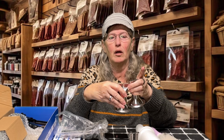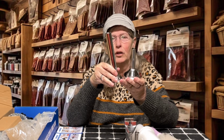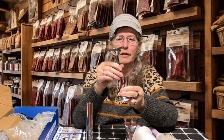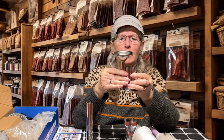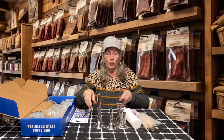These, of course, are smaller, so you'd get smaller sticks. And then we have 2 different round ones to make the round sticks different sizes. And again, that one is the same size. It's a little bit longer than these ones here, so if you want a little bit longer ones and you don't mind doing 1 at a time, you could use this one. This one would be more like sausage size, the big beef sticks. I don't think I'd want one quite this big that I know of. So there's the